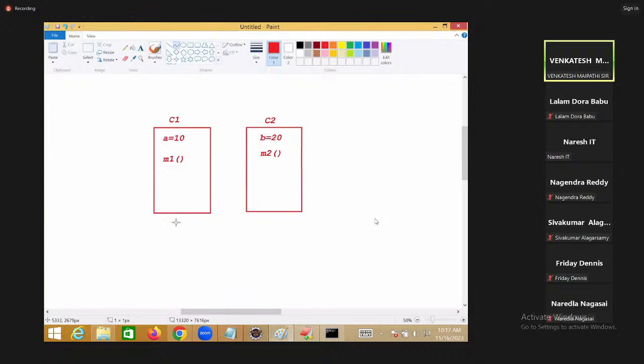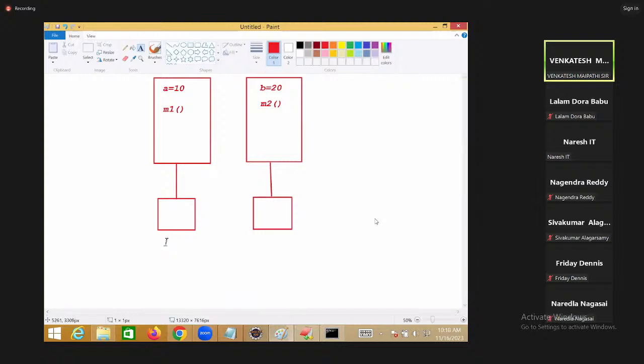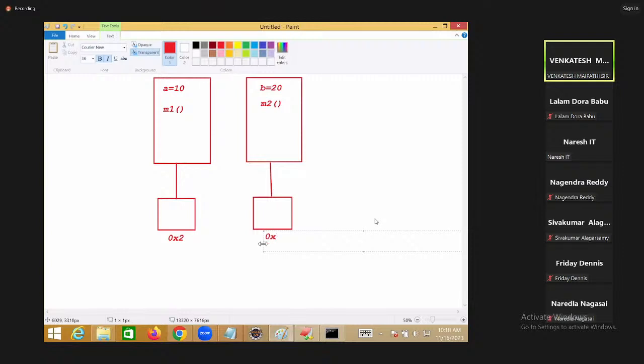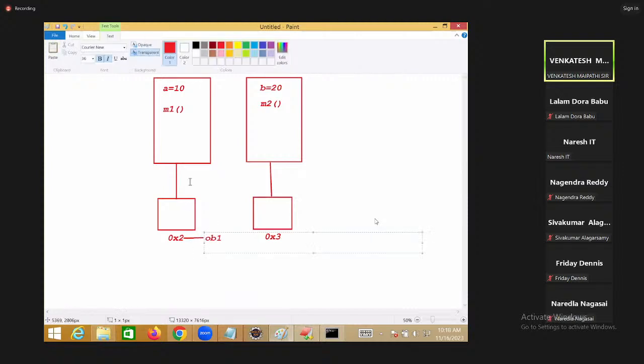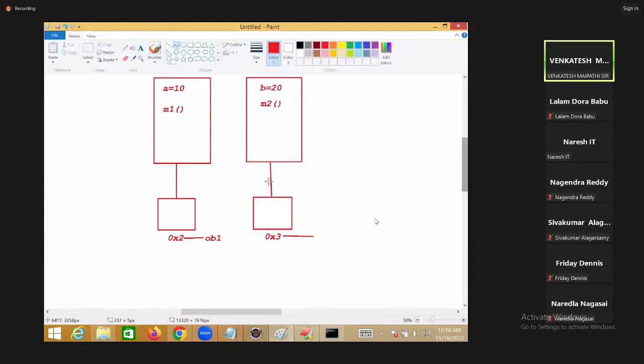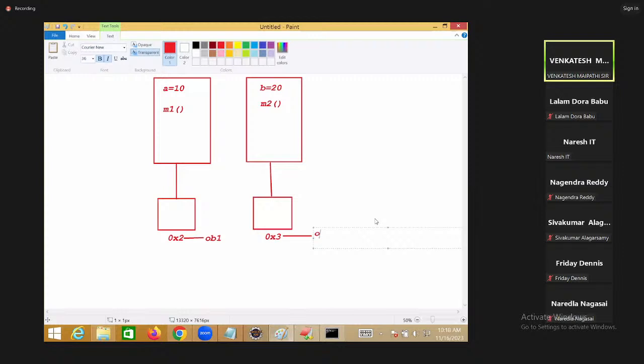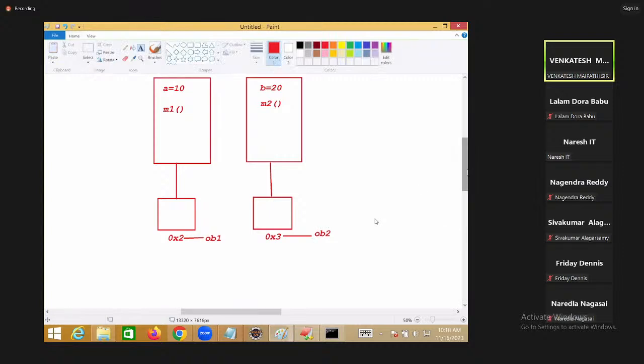Now, here I am creating one object and here I am creating one object. This object's address is OP1 and this object's address is OP2. So this I know, taking classes and doing. Okay, right. Now our question is,